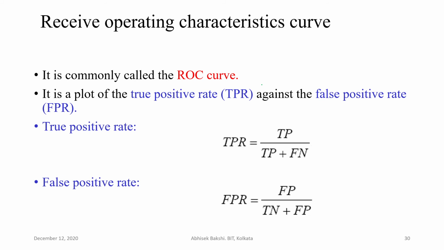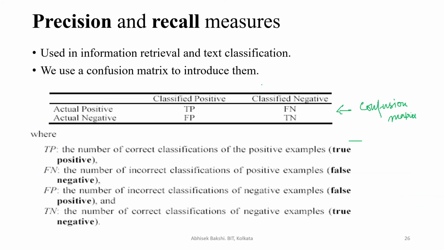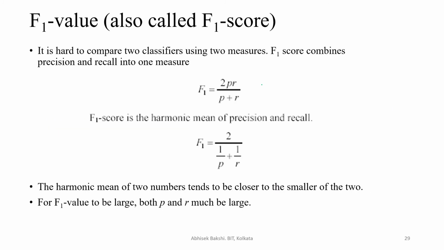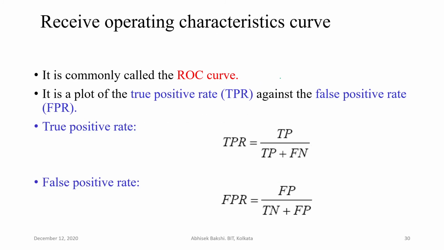What does false negative mean? False negative means the number of incorrect classifications of positive examples. That means the example is positive, but the classification is negative. So the true positive rate means the true positive cases divided by all the true positive examples that we have, because true positive belongs to positive examples,